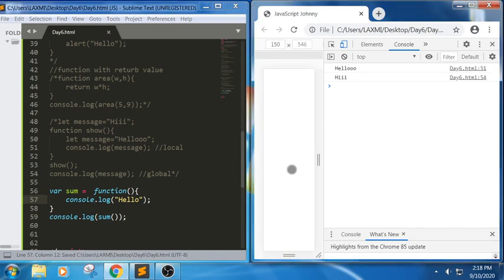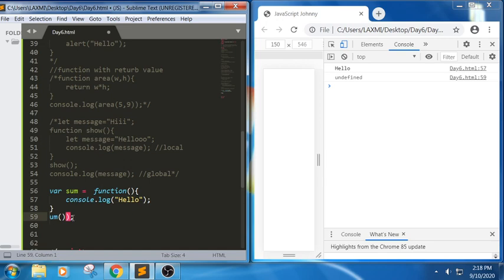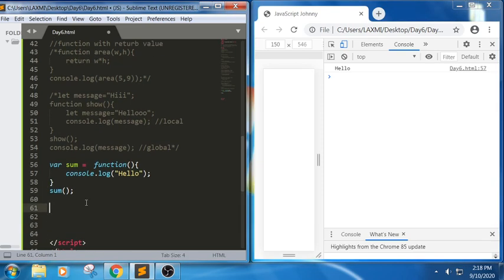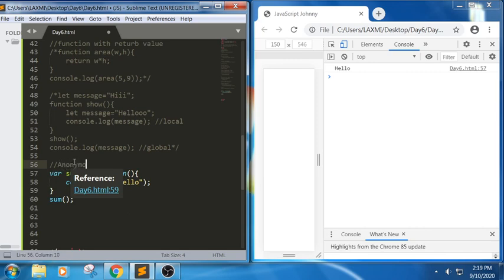Here we don't have any function name. Whenever you call a function like this, it may give a value called undefined, but it will return hello. Here we got hello. It is called based upon this variable name and the function name. We call this type of function an anonymous function or function expression.